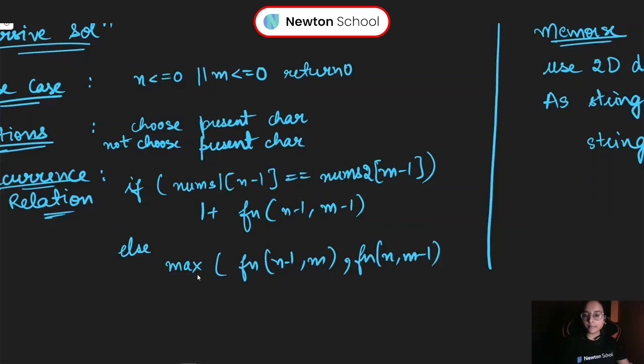Else we will return the maximum of either choosing the first one or choosing the second one. So this is the thing which we would be doing here. Now comes the next part: what would be the base case of the solution? So you can see that if a particular